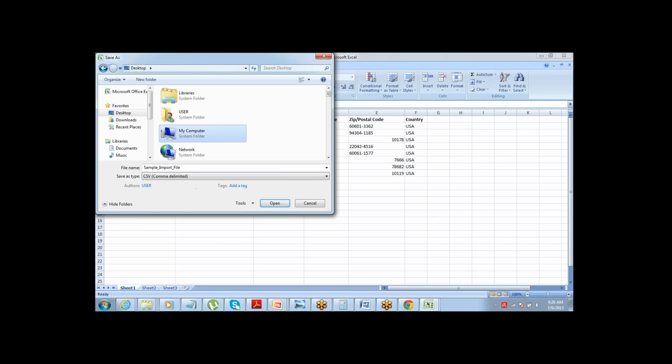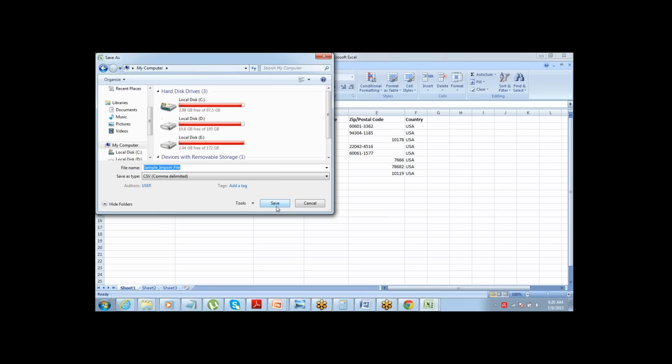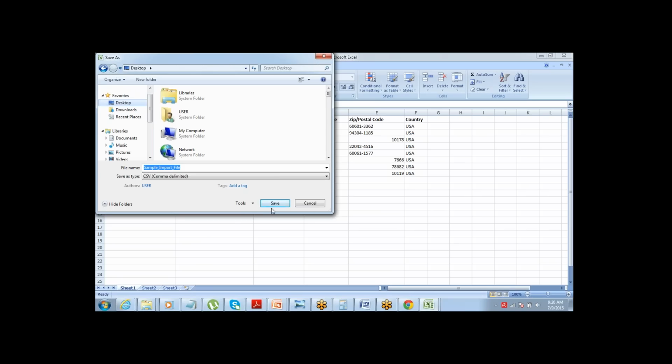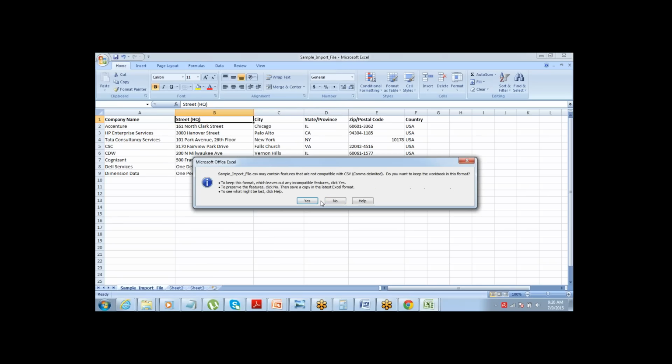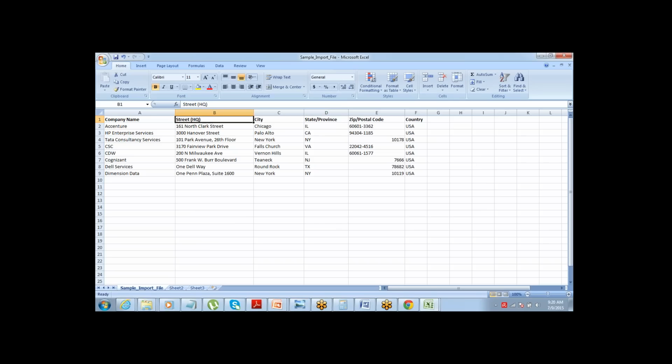So just go and save this file in this format. Save. Okay. Yes. Fine. So whatever number of records you have, whatever data you have, just put it into an Excel spreadsheet, save it in CSV format.